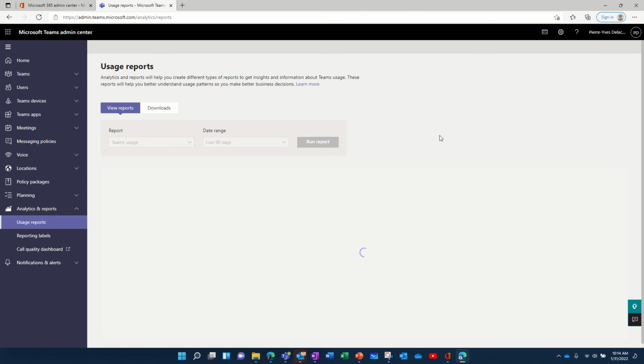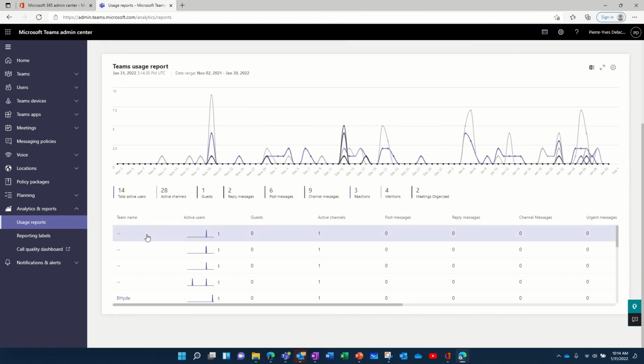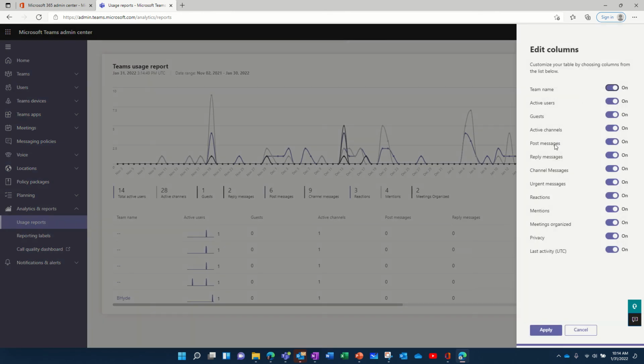So let's run this report. That's a view of all the data regarding how Teams is used, how many channels are active, how many messages were posted. Again, you can export in Excel, you can customize. Maybe you want to see active users, don't care, guests, don't care, active channels, don't care. You want to focus on post messages, child messages, urgent messages you don't care, reactions you don't care, mentions you don't care, meetings organized I don't care, and then you filter down,